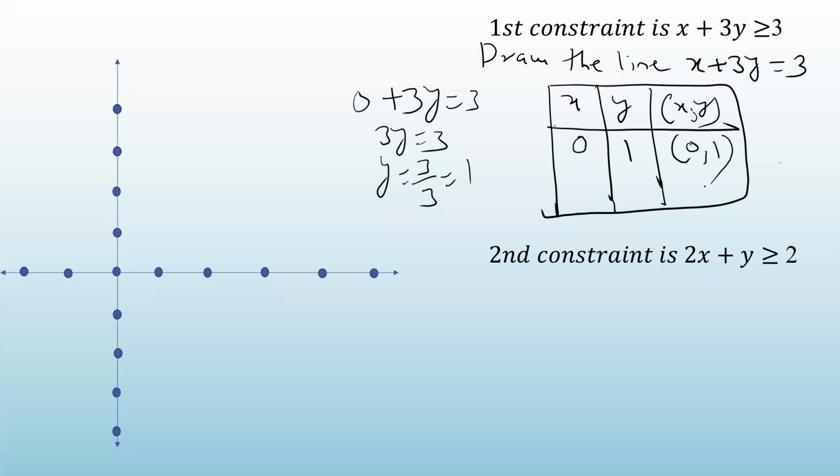Correct? Now put y equal to 0. If you put y equal to 0, what value of x you will get? 3. Put y equal to 0, so this whole thing will become 0. So x is equal to 3. Okay? So you got 2 points. Now let us plot these points on the graph paper.